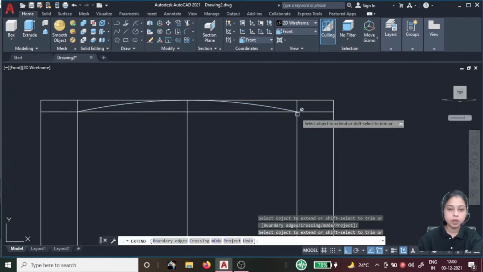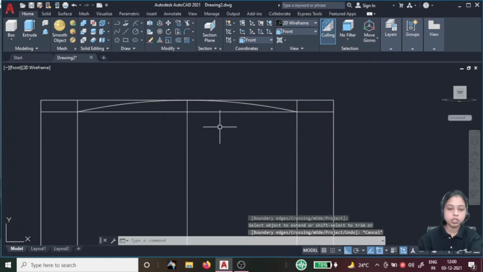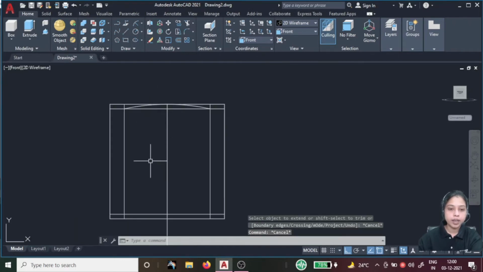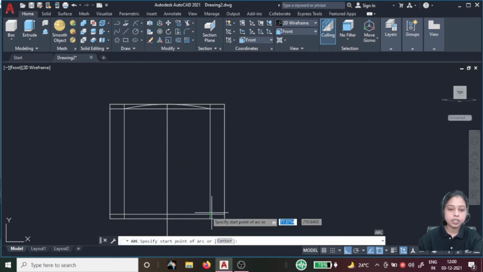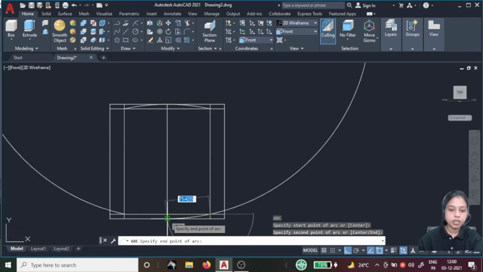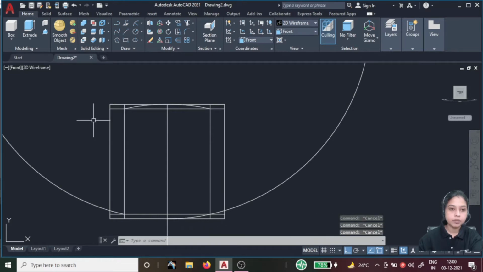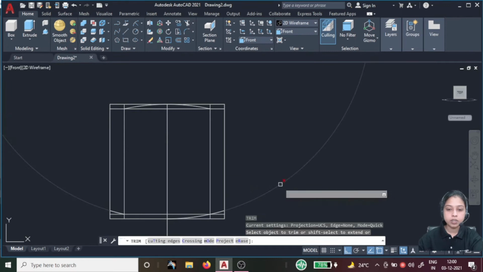Now up to its boundary I need only this much, and again create an arc, enter for the arc, give the starting point, give the end point, and give this end point. Now follow the same process: TR, enter, and trim the unwanted entities.